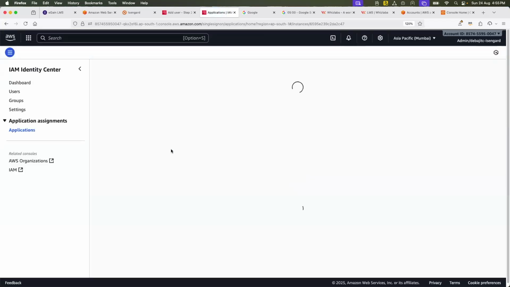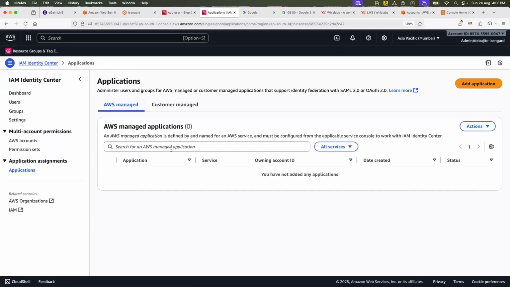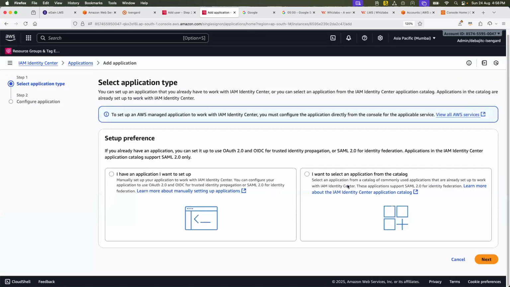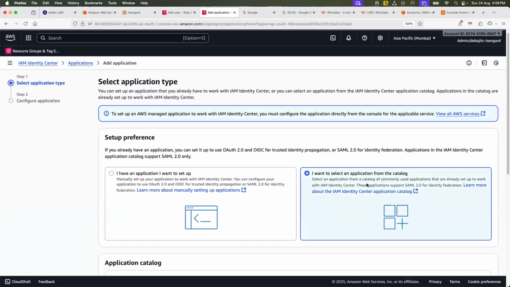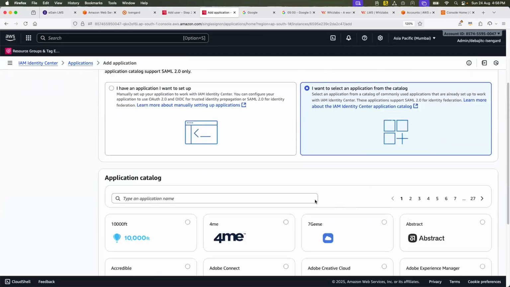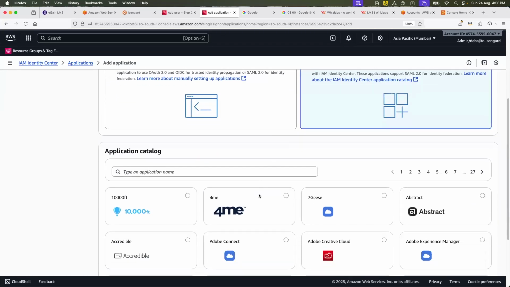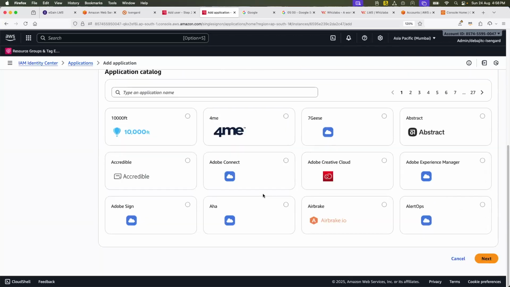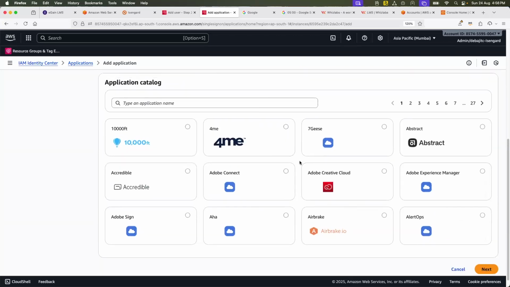In the applications, you can integrate SSO with SAML assertions or OpenID, or you can go for some of the applications from the catalog. Now you see there's a lot of third-party products already listed, right from Adobe. Then if you scroll down, you see a lot.